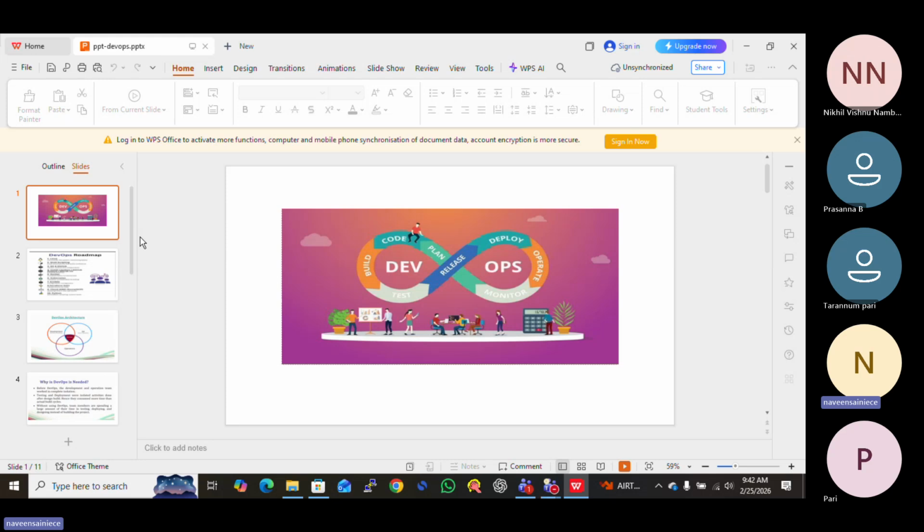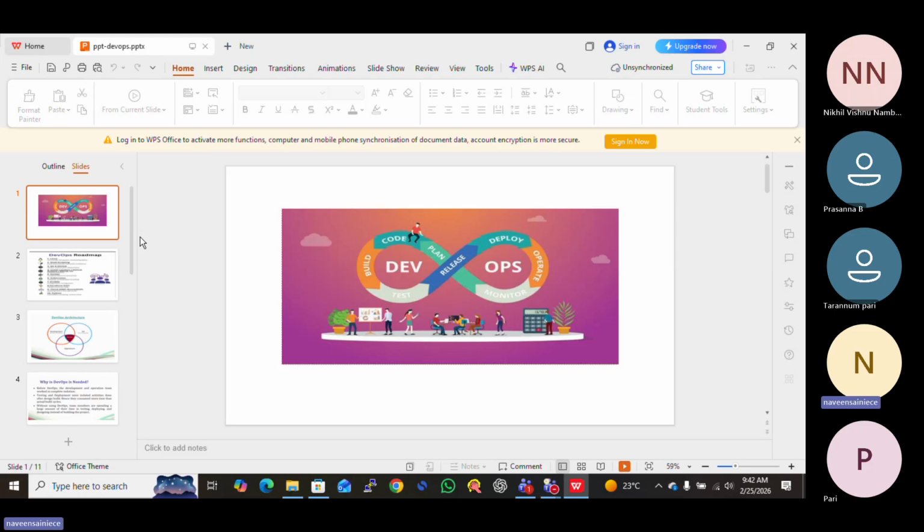What is the meaning of development? It means developing any application built in any technology, like Java, Node.js, Python, front end, back end. Here we will create a pipeline that covers the complete life cycle of development and operation.